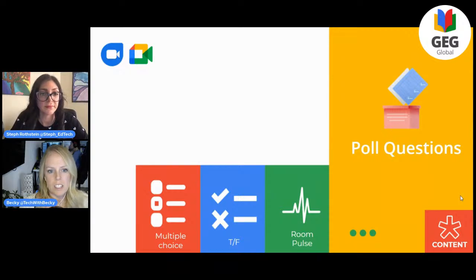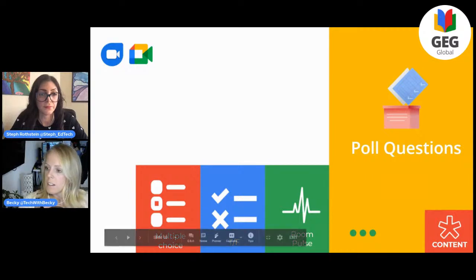And then this one is just taking any of those ideas or taking a question or a concept, something quick and simple, and utilizing the tools that are already in Zoom or in Meet, where you're not having to bring in anything else, but you just utilize those tools to do a quick multiple choice. It can be anything from how you're feeling to a hook for the instruction or the meeting topic that you're about to go into, true, false. And it's just a way of getting a pulse of the room. So utilize those tools that are already built into the platforms we're using.